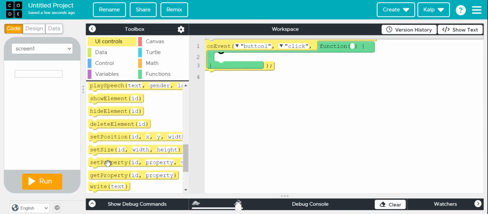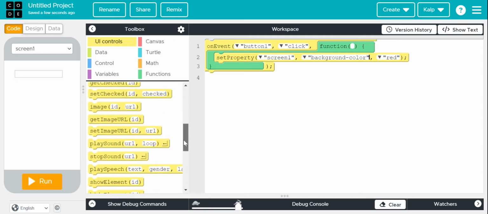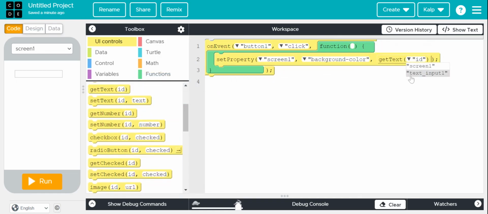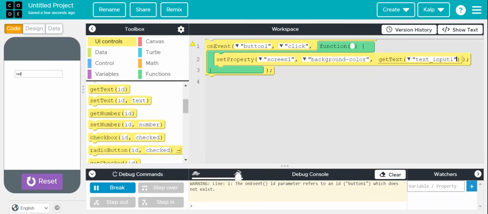You want to set the property of screen1, obviously its background color. What property? That we're going to get text, that we're going to get text from text input1. Now when I run and enter red,